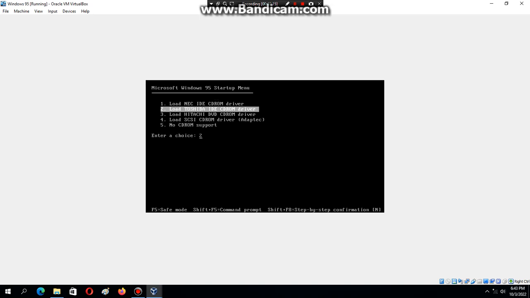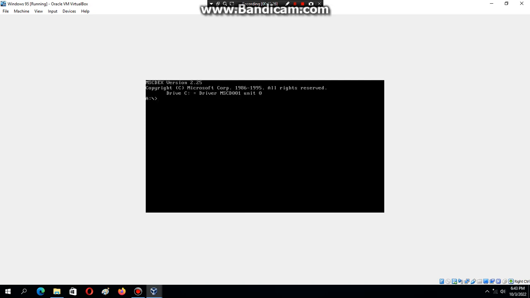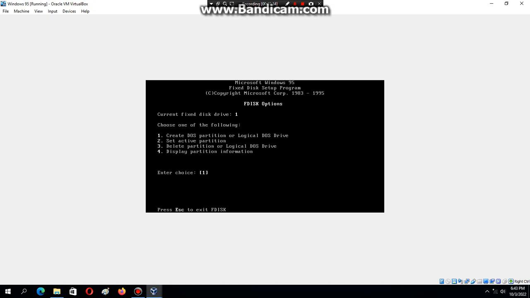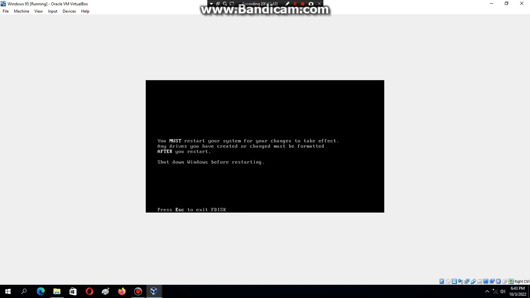Then what you're going to do is load that NEC driver, which supports the VirtualBox hard disk. And then you're going to type in fdisk, and then hit Y, and then hit Enter, then hit Enter, Enter, and then it's going to verify the drive integrity, and then hit Enter. And then you're going to hit Escape,